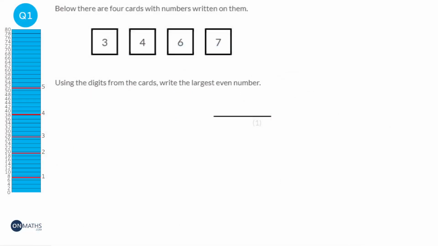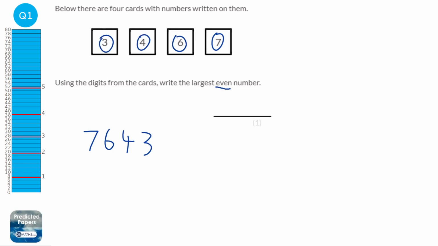For us to create the largest number, we need to pick the biggest digits for the start of the number. So the biggest digit is 7, then 6, then 4, then 3. But the question says it wants the largest even number, so we need to just swap the last two around to make sure that it is even. So our answer is